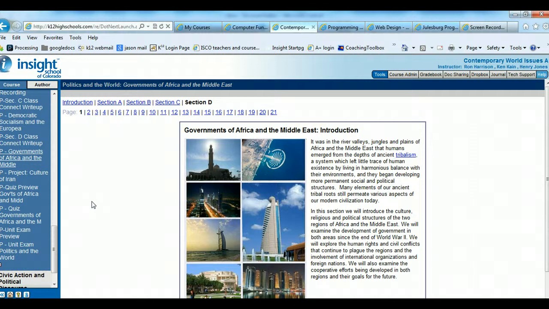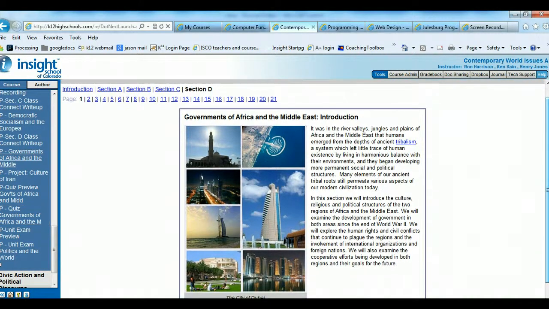The Politics and the World unit. And you can see that there are some other assignments to go along with this. So there's a project, A Culture of Iran, and then a quiz and a unit exam. So let's just jump right into this, and you'll see that this unit is going to cover Africa and the